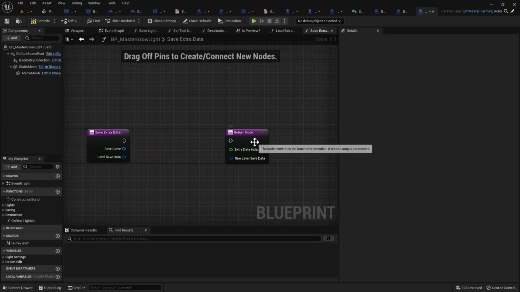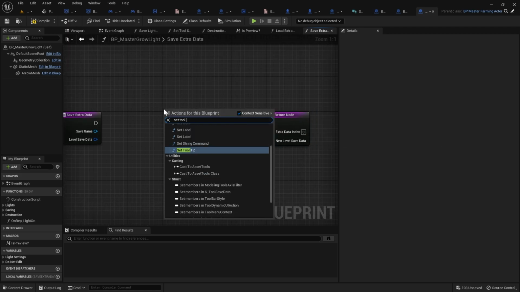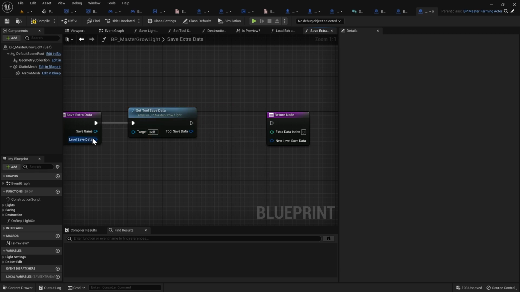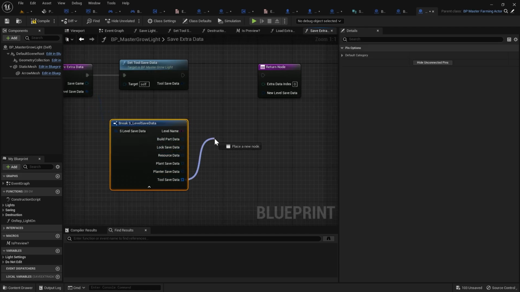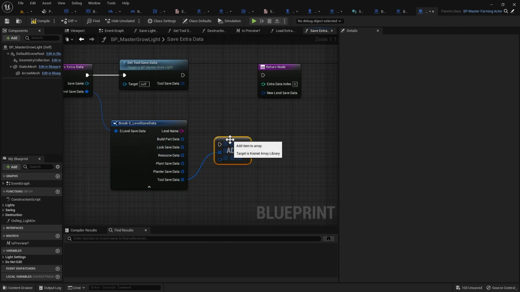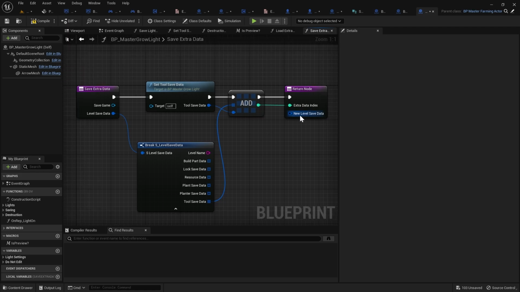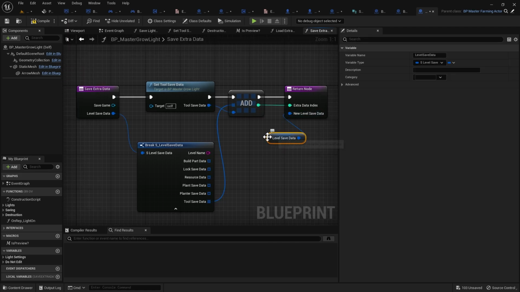Then we're going to go to the override option again, search for the save extra data. Open that up, delete this parent node, and we're going to right click and do set tool save data. Connect that up to the beginning here. Drag out from level save data and do a break node. Drag out from tool save data and do add. Connect this up to our tool save data node here and plug this into our return node with the index. And then just drag out from new level save data and search for get level save data like that